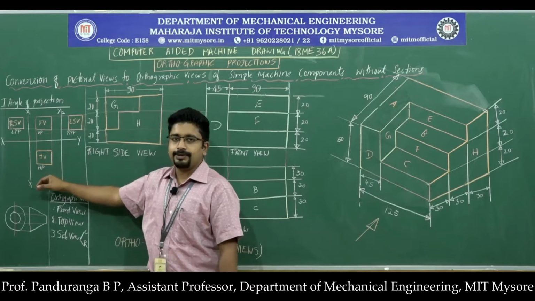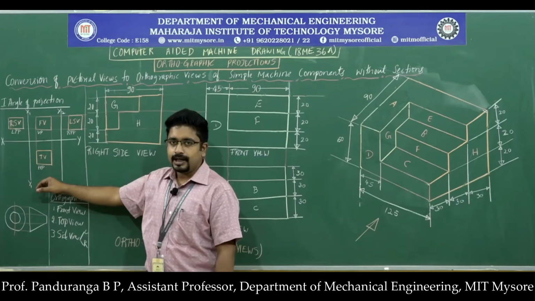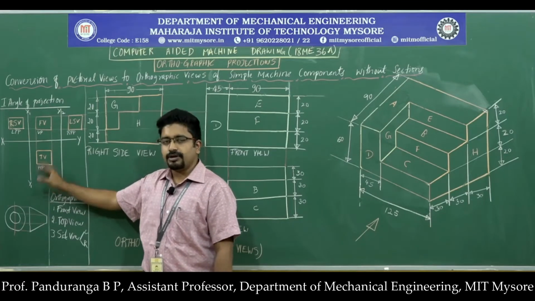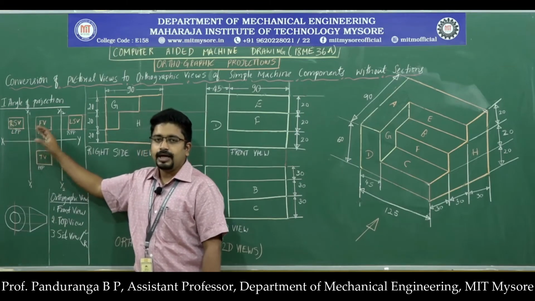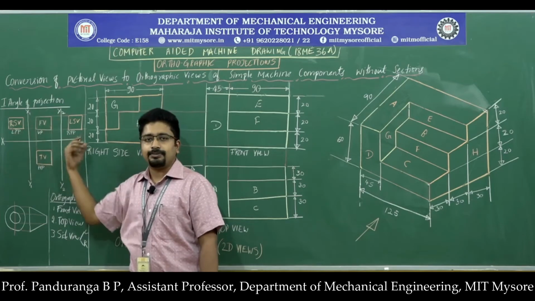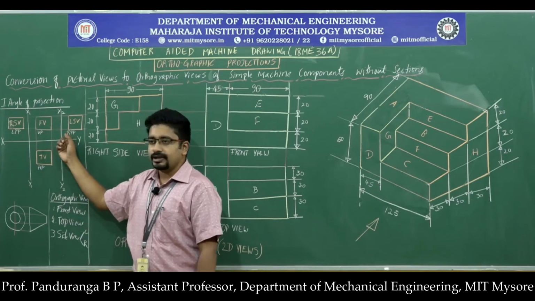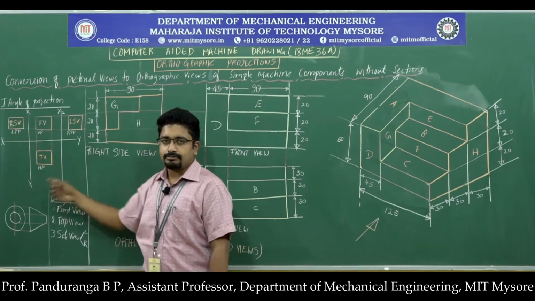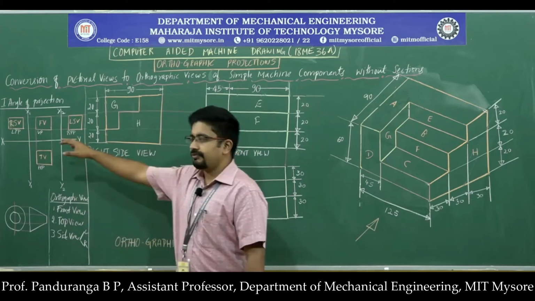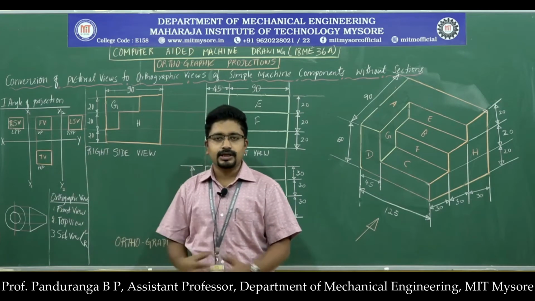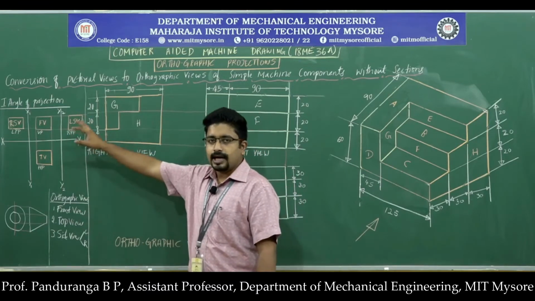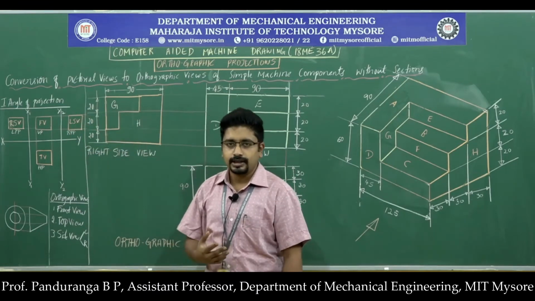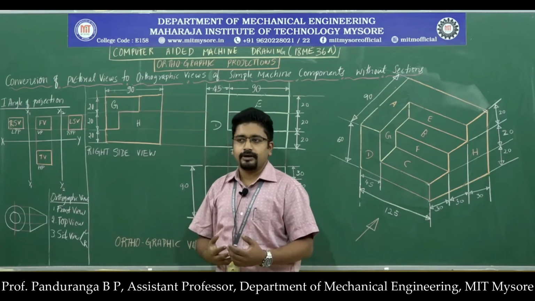The top view will be below that on the horizontal plane, and the right side view will be on the left profile plane on the left side of the front view, and the left side view will be on the right profile plane on the right side of the front view. We need to remember this, and this first angle of projection will be used throughout the computer aided machine drawing. Another way of identifying the angle of projection